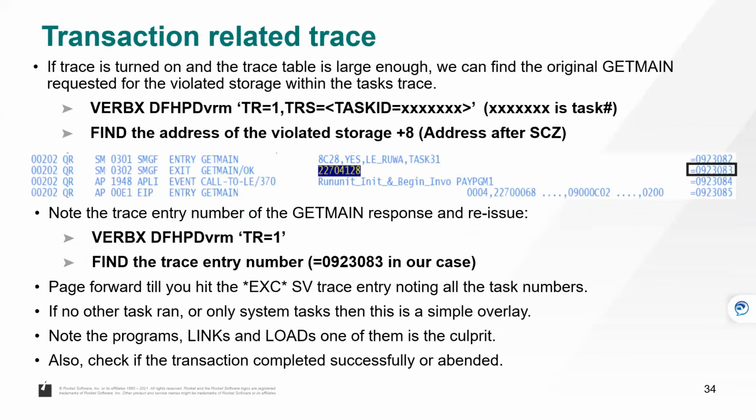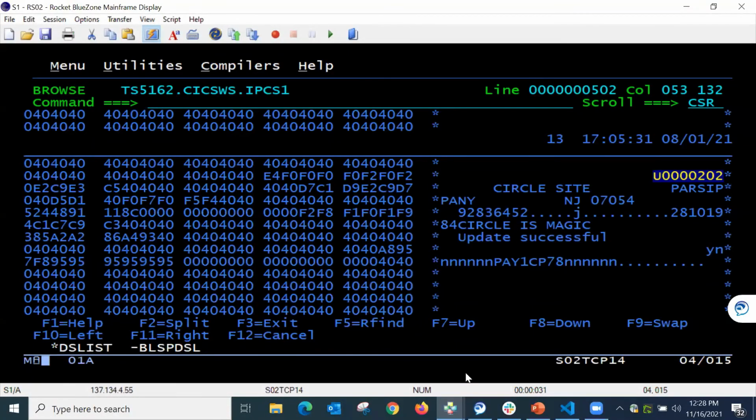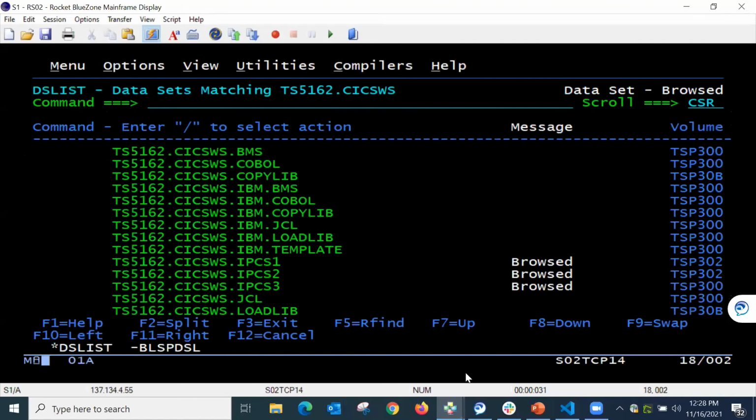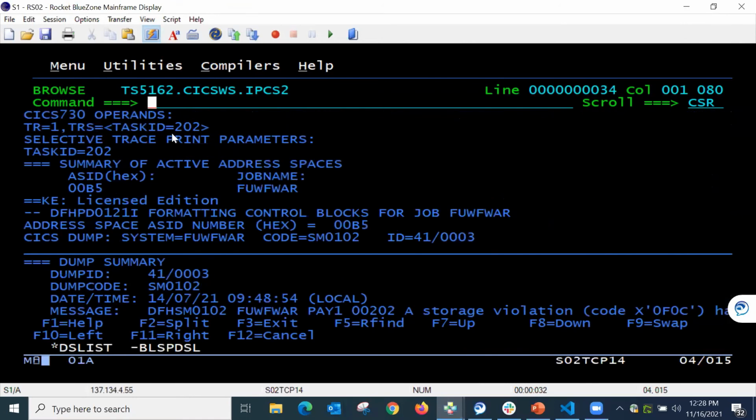So how do we try and solve this, right? Well, because I know the task itself, I'm going to issue this command, VERBEXIT, right? TR=1 is just the summary, TRS task ID 202. I want to find the task itself. Why do I want to find the task itself? Well, the one thing I can tell you about storage violations is if you can find the task itself, so here's my trace,